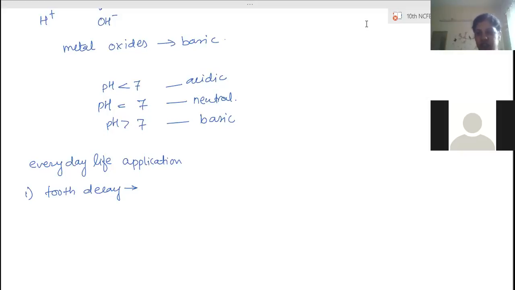So here, remember, first thing, what is the substance the tooth enamel is made up of? Calcium hydroxyapatite, right? That is a crystalline calcium phosphate compound. This compound does not react with any substance except acid, right? Now, where does the acid come from? So you write about the acidic properties.